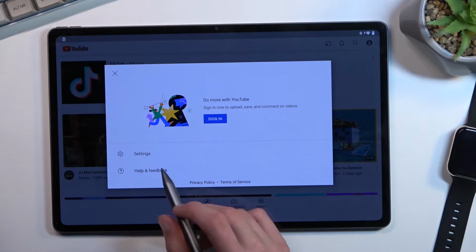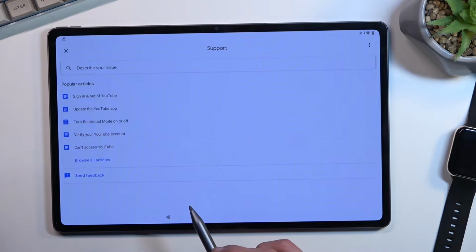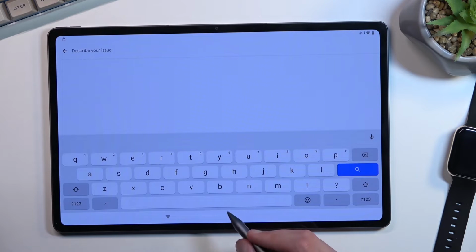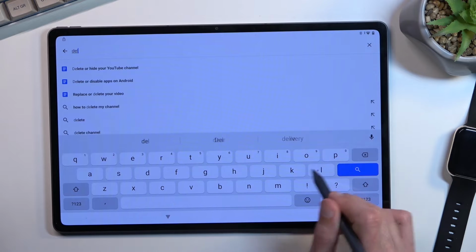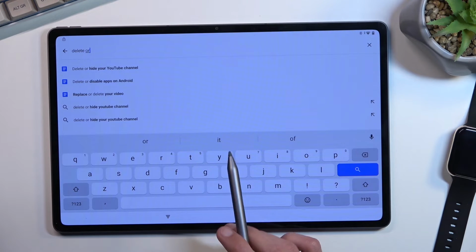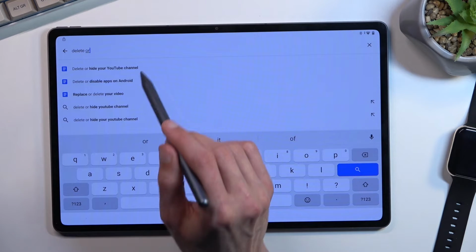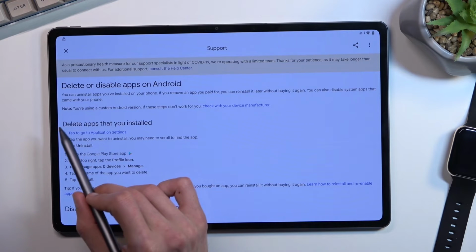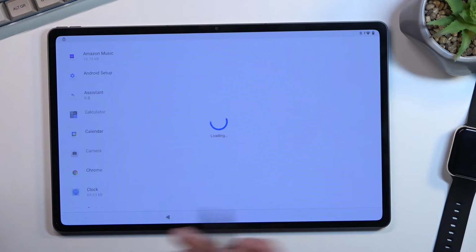Oh, so we don't go to settings, we just go straight to help and feedback right over here. And describe your issue, you want to select or type in delete or. This will bring up an option as a suggested one: delete or disable apps on Android. From here, you want to tap on the first step right here, tap to go to application settings,